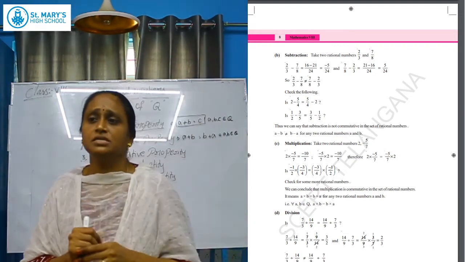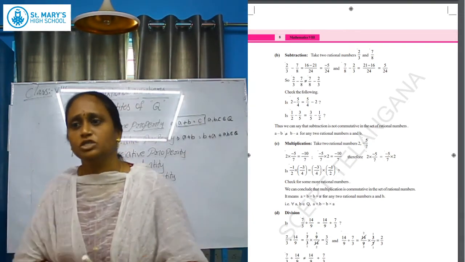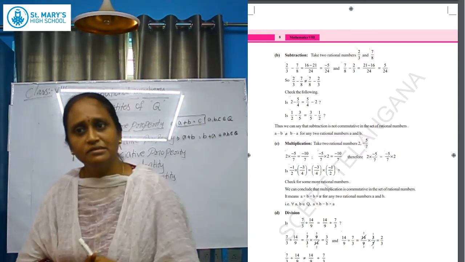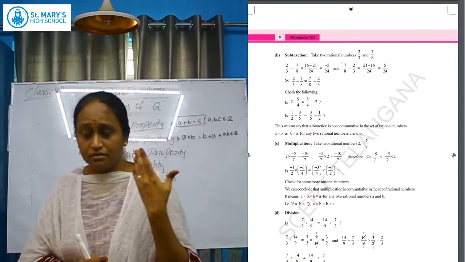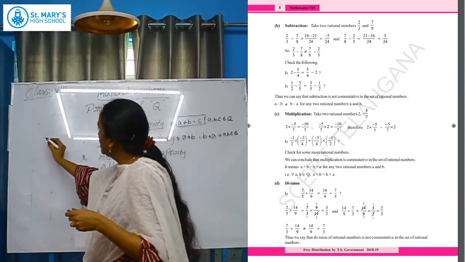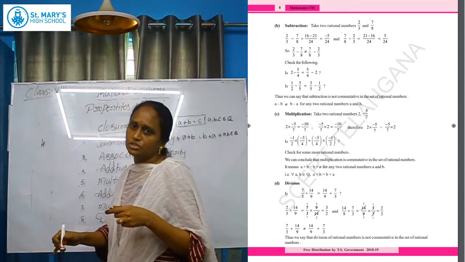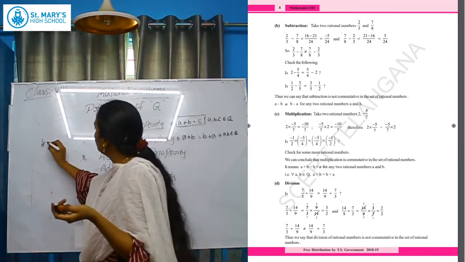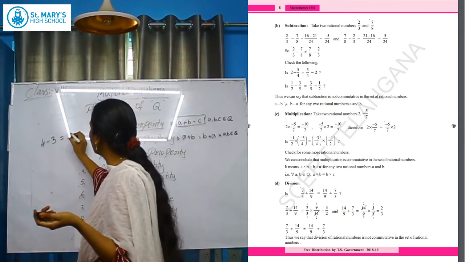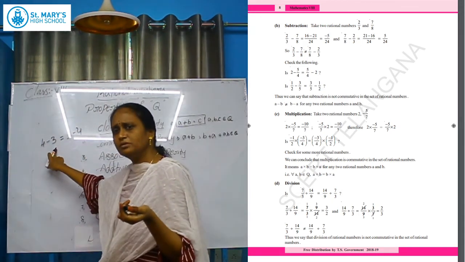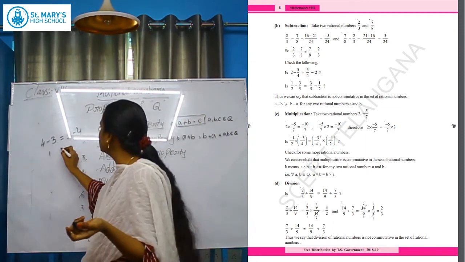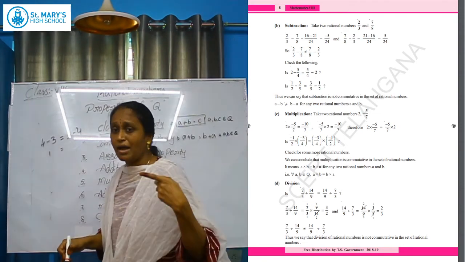Under subtraction commutative property, in your textbook also see there, for subtraction they take examples like 2 by 3 and 7 by 8. Instead of a, b, I am directly taking numbers, just natural numbers, positive integers. I am taking 4 minus 3. I am changing the order. 4 minus 3 means 3 minus 4. What is the subtraction of 4 minus 3? 1. 4 minus 3 equal to 1. The result is 1.